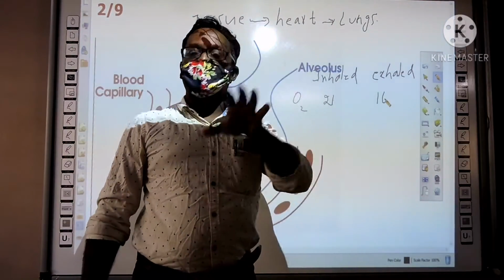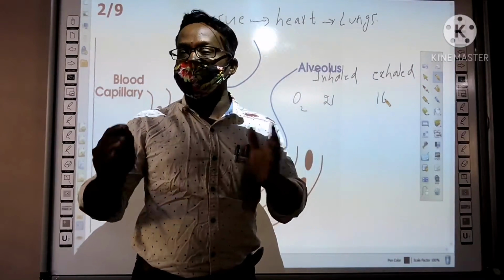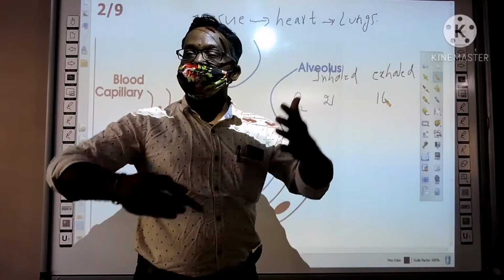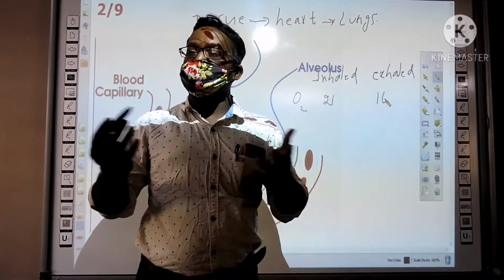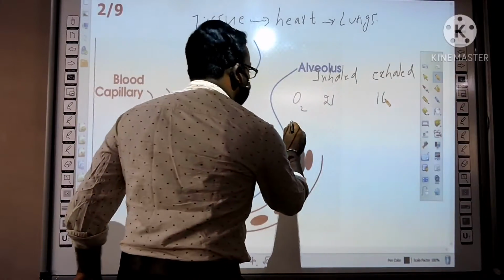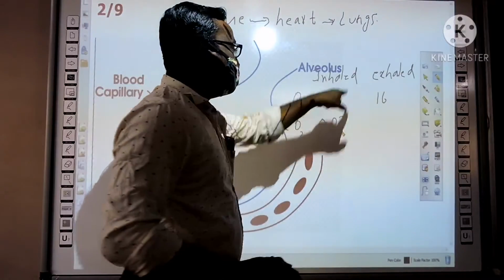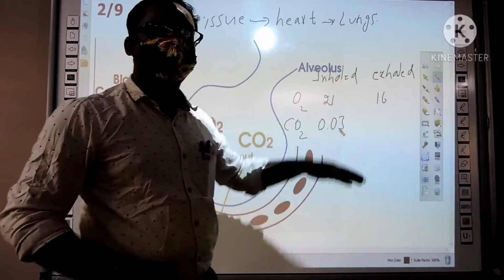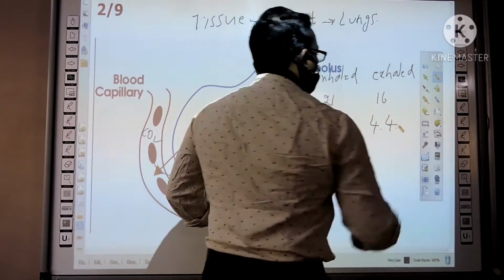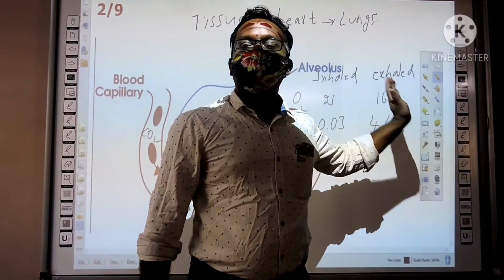That was used in the respiration process. Respiration means combustion of glucose in the presence of oxygen to derive energy. So that means the cells use the oxygen to produce energy. That's why the oxygen level decreased. What about carbon dioxide? The normal level of carbon dioxide in the inhaled air is 0.03%. What is in the exhaled air? 4.4%. So compared to inhaled air, the carbon dioxide level increased by 4.1%.